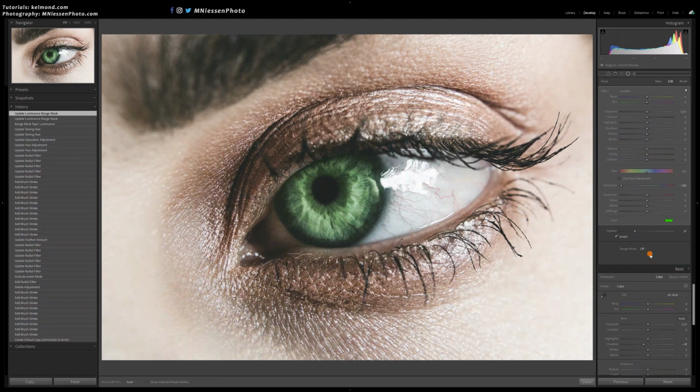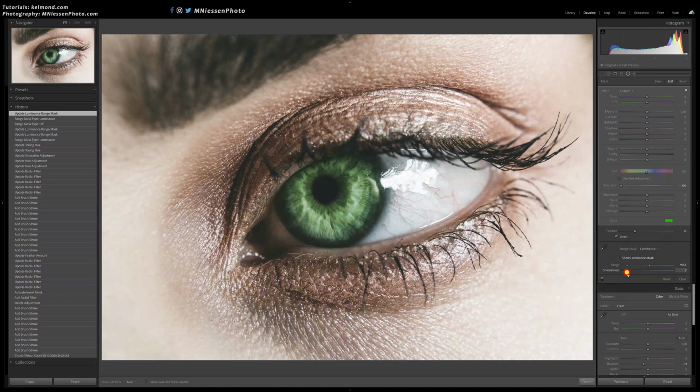If you're not completely happy with the color, just play around with the sliders until you find something you like. This one, the smoothness slider, controls just how smooth the mask goes from areas within range and outside of the range. So it makes a hard edge or a soft one depending on the value.